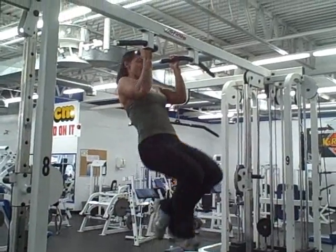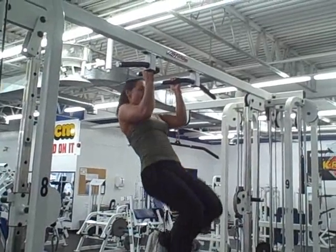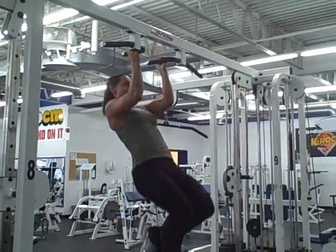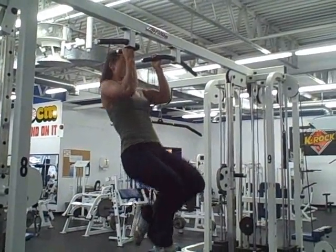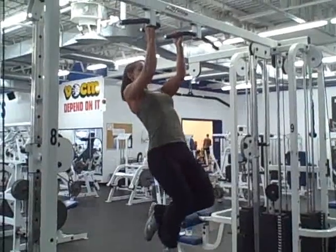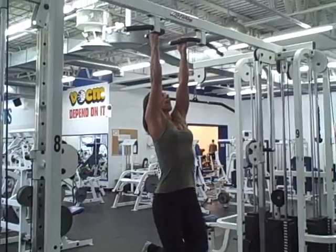You notice when we do our pull-ups, we go all the way down for a full stretch and then all the way up for a peak contraction. Excellent job. And pull-ups are by far one of the best back exercises you can do. They add size,